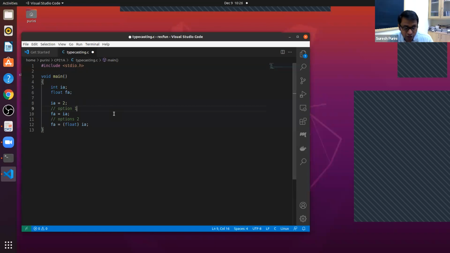So the primary thing is you are documenting your intent. That is, you are documenting your program. It's not a bug in the program. If someone looks at just line number 10, they might say, hey, this programmer is assigning an integer to a floating point value, maybe the bug could be here. But if they see line number 12, then you are documenting your intent that you want to map an integer to a floating point number. Does it make sense?